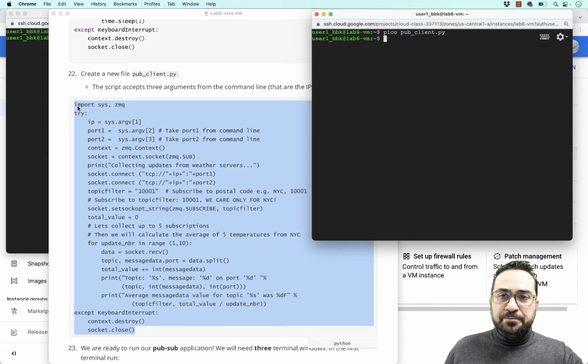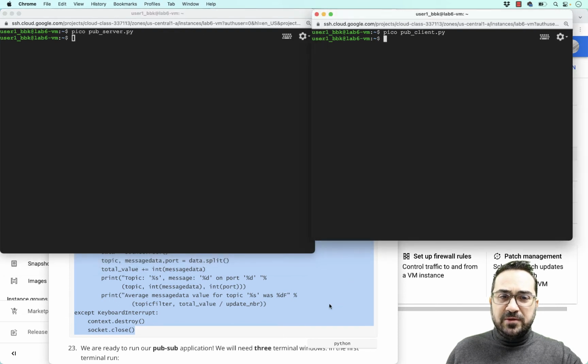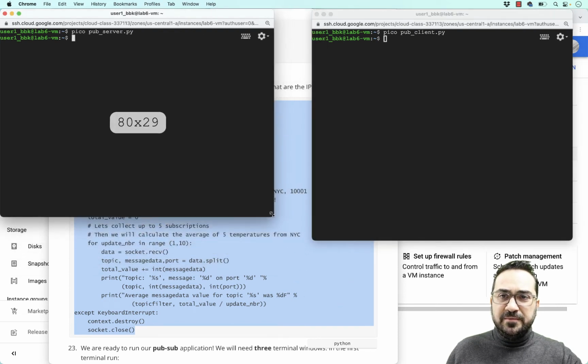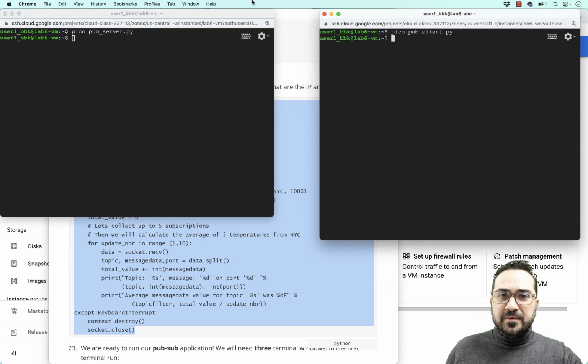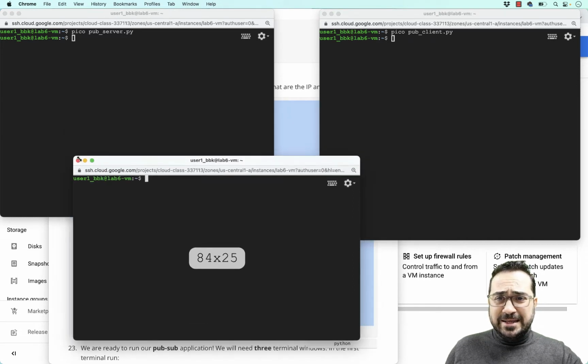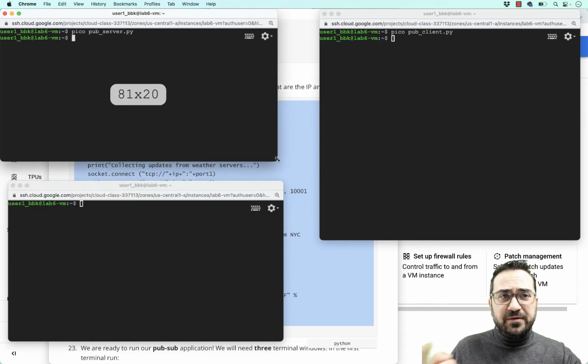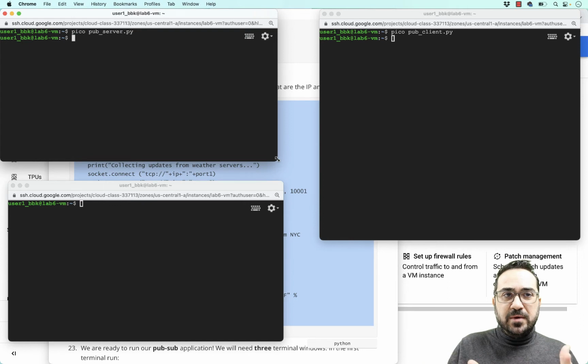Okay, so let's see how we can run this. For this example, again, I need 3 windows. One window is here, one window is here, and let me find my third window. It should be somewhere here. There you go. In this case, I need 3 windows, and 3 windows means that I have 2 servers and 1 client. In other words, I have 2 publishers and 1 subscriber, but the subscriber subscribes only to specific data. Okay, let's see how we'll run this.